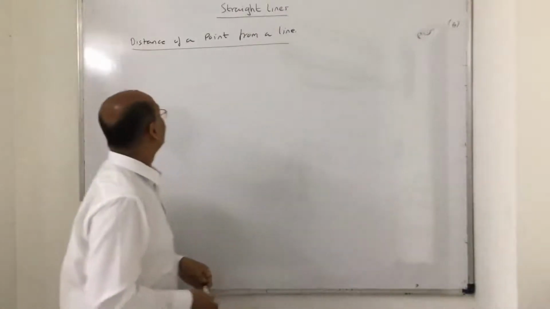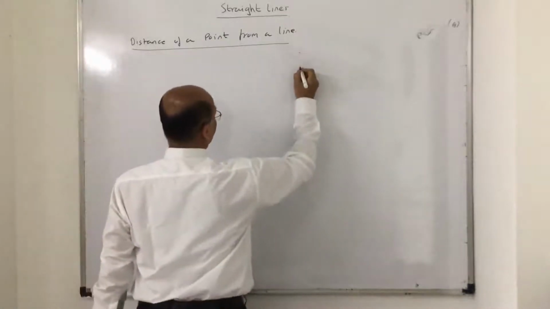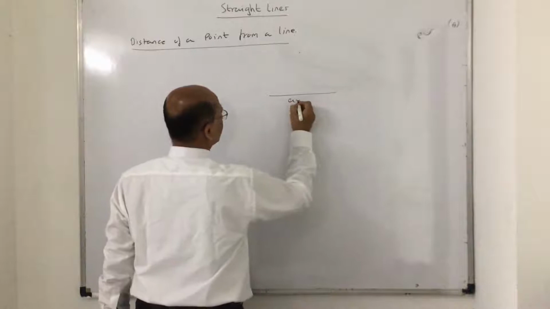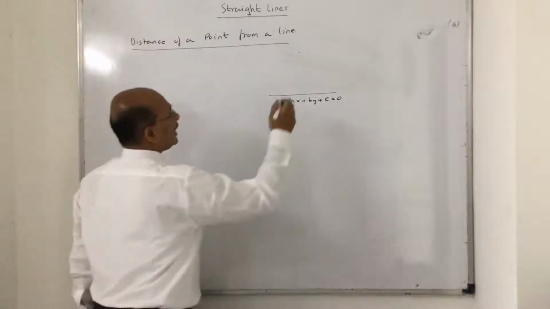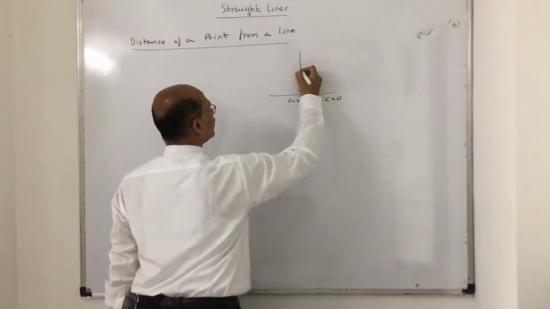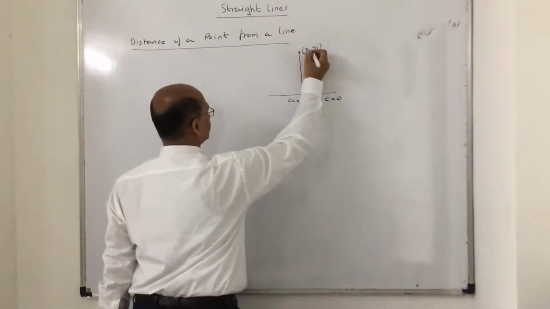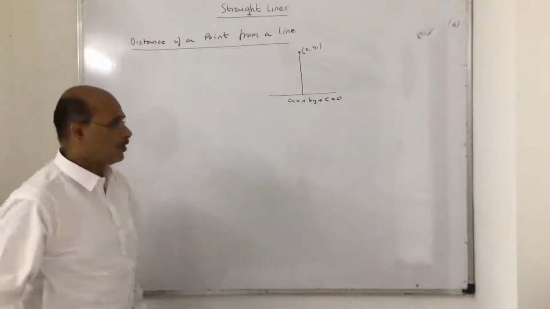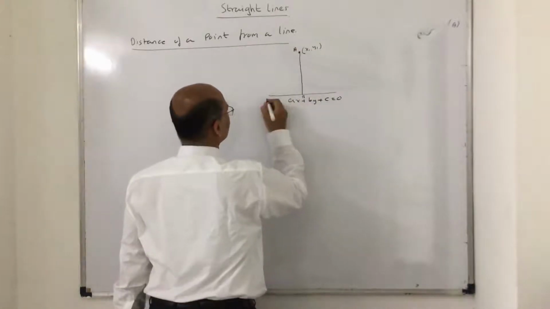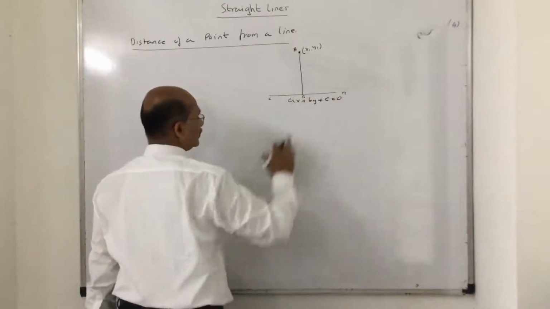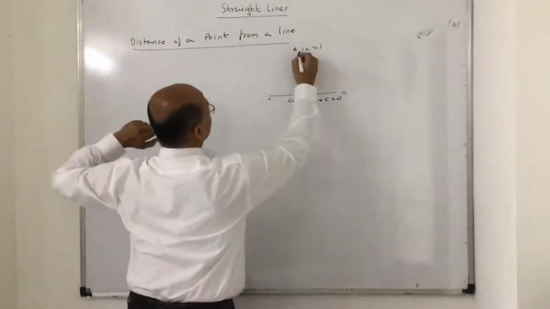Okay. So when I say distance of a point from a line, it looks something like this. Suppose this is a line which is ax plus by plus c is equal to 0. And there is a perpendicular distance here, and this coordinate is given as x1 and y1. There is no need of derivation, you can just use the formula. So if you take this as A, this as B, and this line I say is CD, so distance AB. From this point I want to measure the distance.